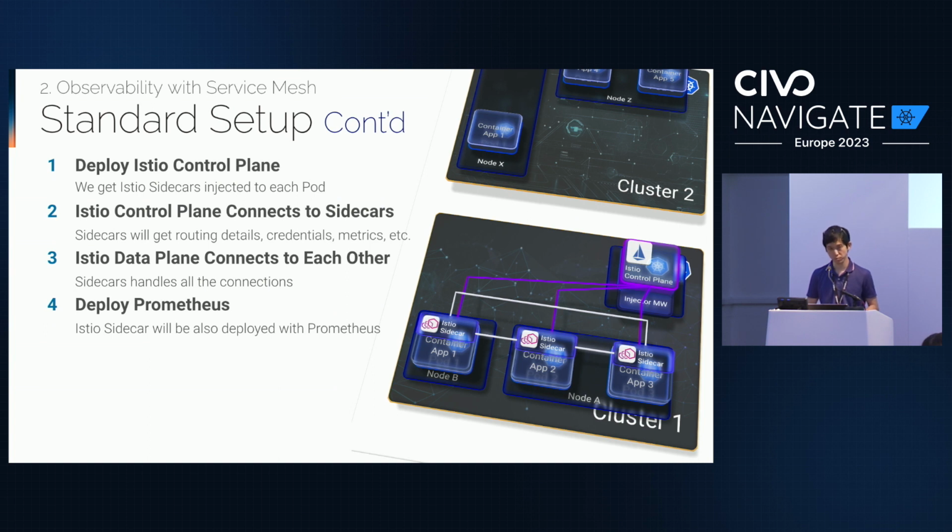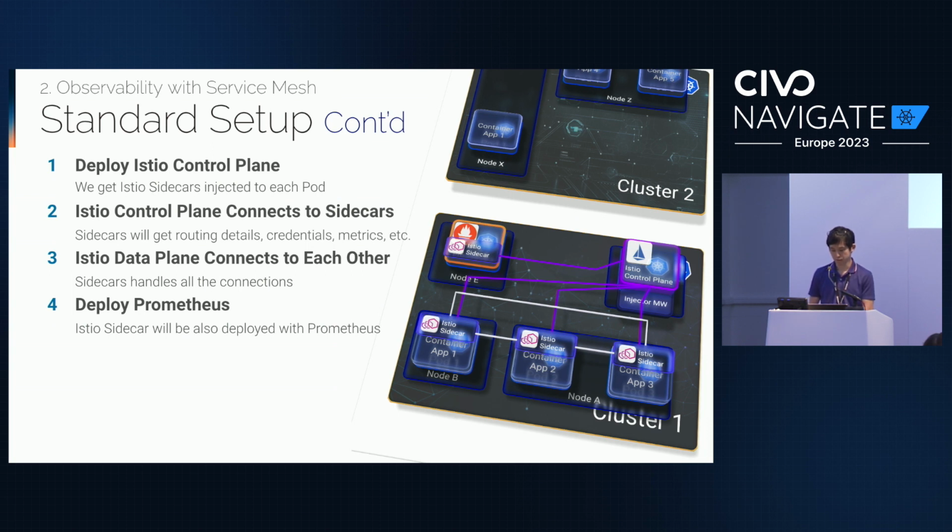If you deploy Prometheus, it doesn't really connect to the application per se. It's not going to call application endpoints. If you wanted to, you can, but the idea of Prometheus is to scrape metrics. If you deploy Prometheus in this environment and configure it to get the details from Istio, you would have the Istio sidecar along with Prometheus on the top left in cluster 1.